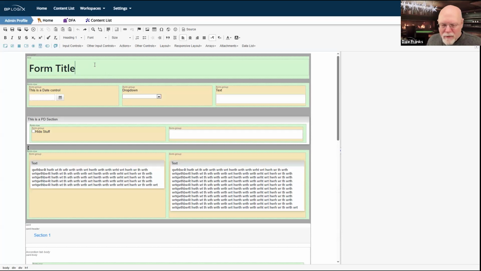So one can make an argument that I did this slightly wrong, and I'm willing to accept that argument. Technically, what I probably should have had here instead of an H1 is a column control, and then I could have put my H1 form title text inside the column. So, sue me.